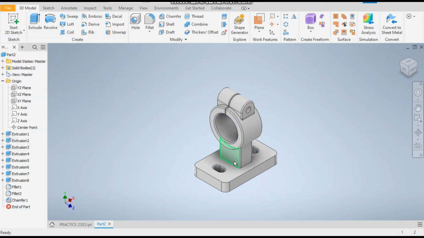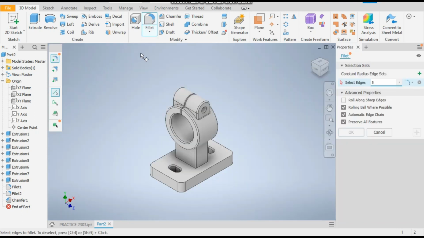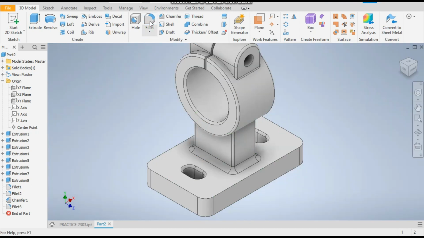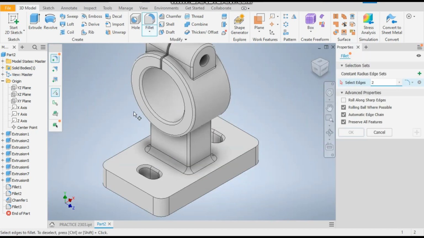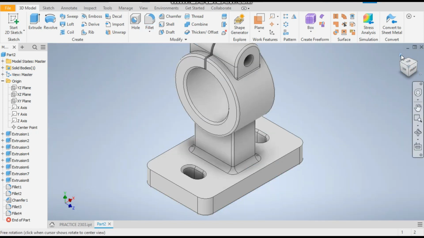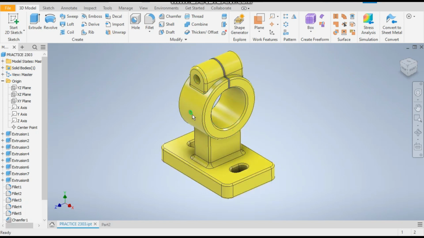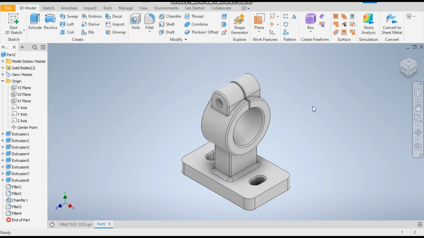Now fillet over here has been left, so go to fillet, take a radius of 5 mm, select this, OK, and fillet of radius 2 mm at bottom, OK. Now we are left with this side hole. This hole we have not made, so select this center XY plane, sketch,